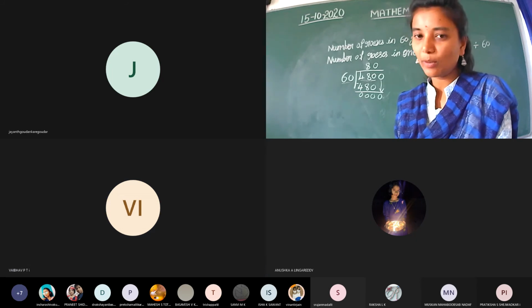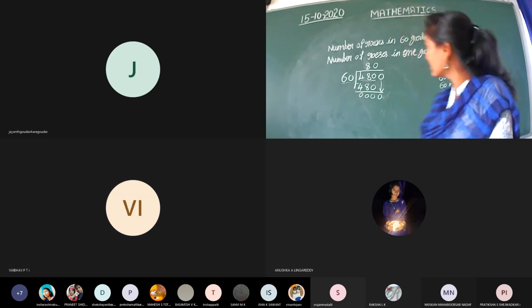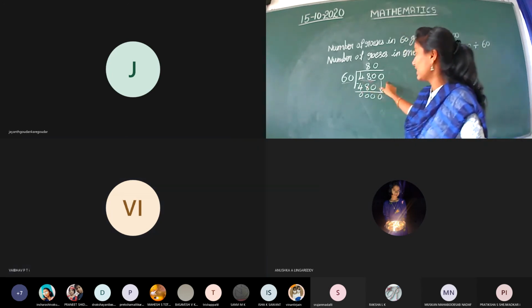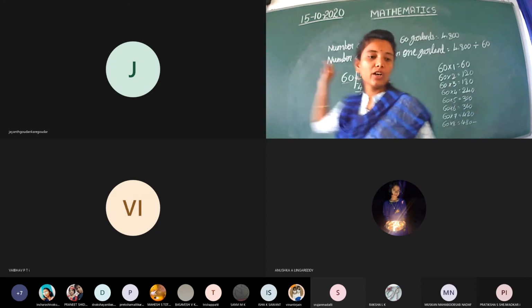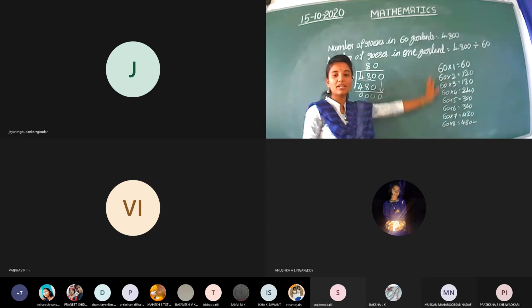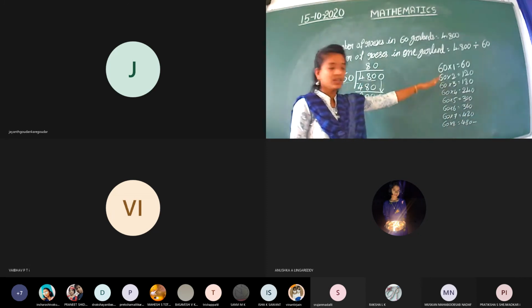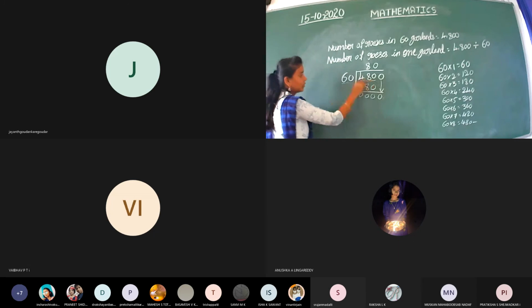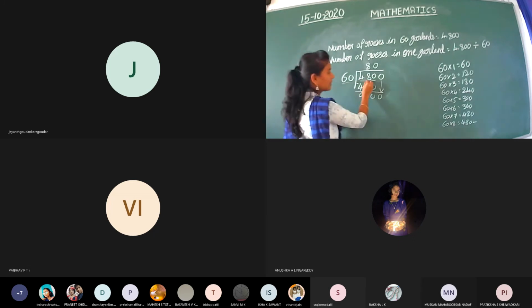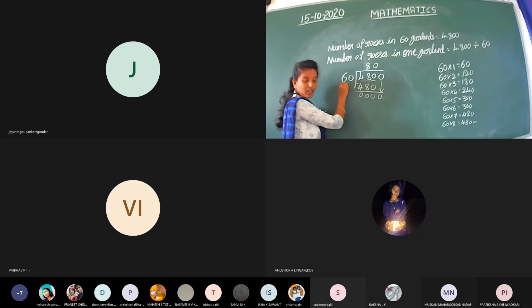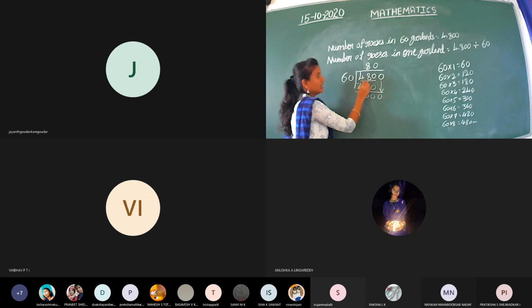You didn't understand this problem 2 times. I have explained that. No, ma'am. See here, 4,800 divided by 60. Recall the tables or multiplication. 16 ones are. Then here, take down 2 digits. 48 is there. The next one, 48 is the smallest number compared to the divisor. Then choose the next digit.